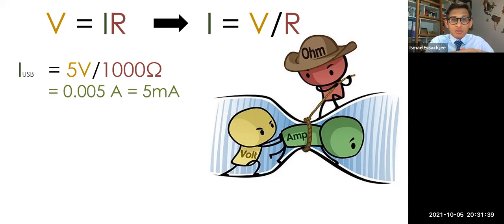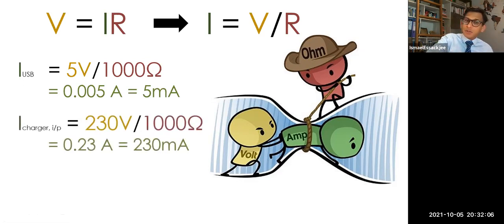And for our body, 1000 ohm, you're going to have 5 milliampere, which is less than the 30 milliampere which can be fatal. So if you are touching the two ends of the USB terminals, the wires inside, positive and negative, you're going to have 5 milliampere. You're going to maybe discern it, but it's not going to be fatal for you. You can still release it afterward. If we take the charger's input side, 230 volts, with your body resistance of 1000 ohm, you're going to have a current of 230 milliampere. This is above our limit of 30 milliampere, so this can be fatal for you.